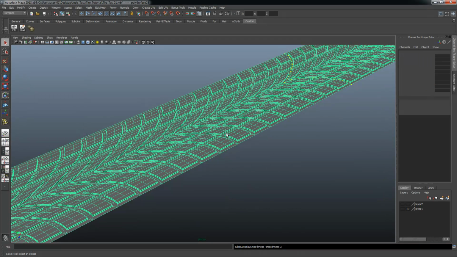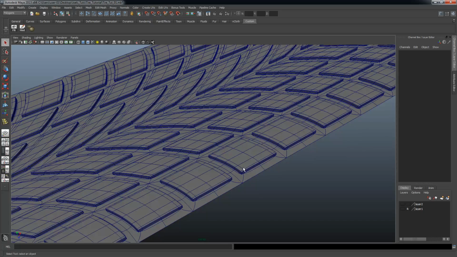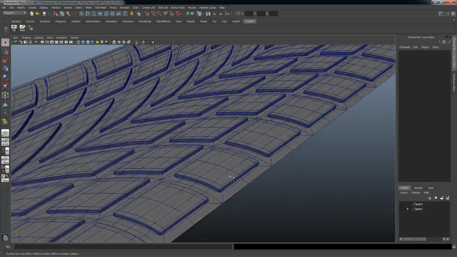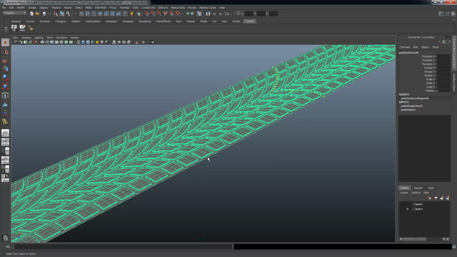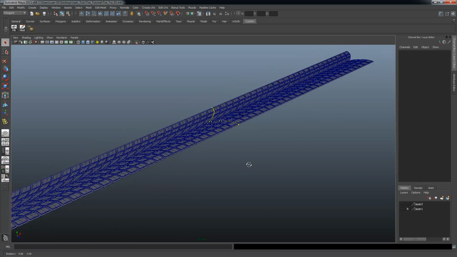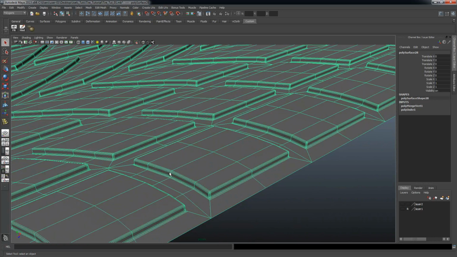And then I'm going to hit the 3 key. And I just want to see what this is going to look like all smoothed out. Because as I stated in the beginning of the video, I plan on making this mesh so that it's poly smoothable, and that all looks good. We got no issues, so I'd say we're good to go. I'm gonna hit the 1 key to take off the smooth. It's worth noting though that this thing doesn't actually need to be smooth, because we get a good 4 edges on every edge, and this thing's gonna look good at its default polygon